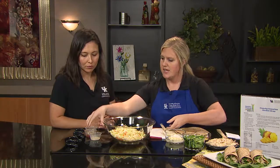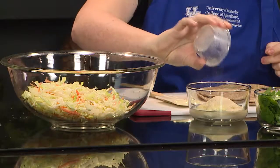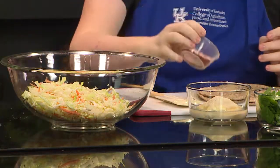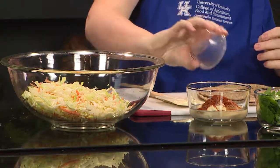Now, that might seem like a lot, but it's going to be dispersed throughout the whole mixture. If you are concerned about your sugar, you could use Splenda or a no sugar sweetener, or you could just leave it out. And then we are going to take some garlic powder, 1½ teaspoons. Then 1½ teaspoons of chili powder. Oh, it's going to give it a little kick. Yeah, a little kick. And then